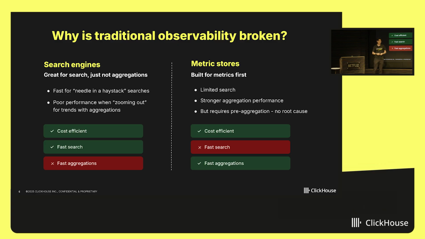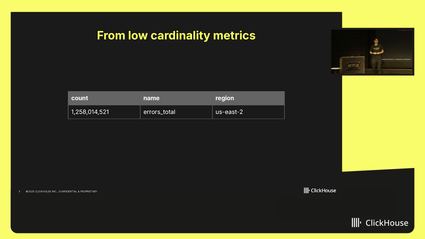Those search engines are really great for search. So if you have a specific ID, it's really easy to go find that specific log line. But they're really bad at being able to actually do graphs of that over time. So aggregations over time, they're really poor at when you want to zoom out. And then metrics data stores, they're not really good at searching. You can't go from a chart down to the individual event that emitted that log line to begin with. But they're really good at graphing over time. So you're stuck with two different data stores that are good at one thing, but not good at the other. And at the end of the day, you have to duct tape them together.